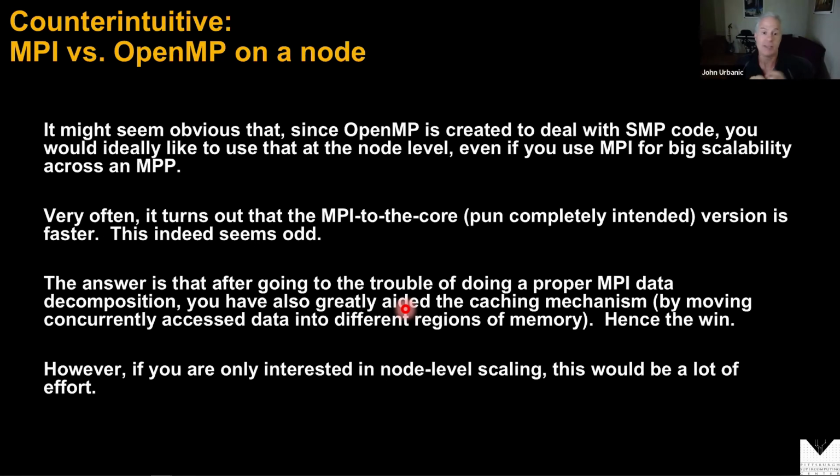That can buy you, without you even trying, a nice cache coherency boost, which can be important. And so sometimes the simplest way of programming, just using MPI to go to all the cores and forgetting the hybrid programming, can be faster than the fancier approach of using MPI between nodes and OpenMP on the node. It catches people by surprise, and yet it's a common enough thing, and it's not a mystery. But again, in most cases, we're talking a couple percent performance difference on the node. It's not a huge thing, but it is a common phenomenon.